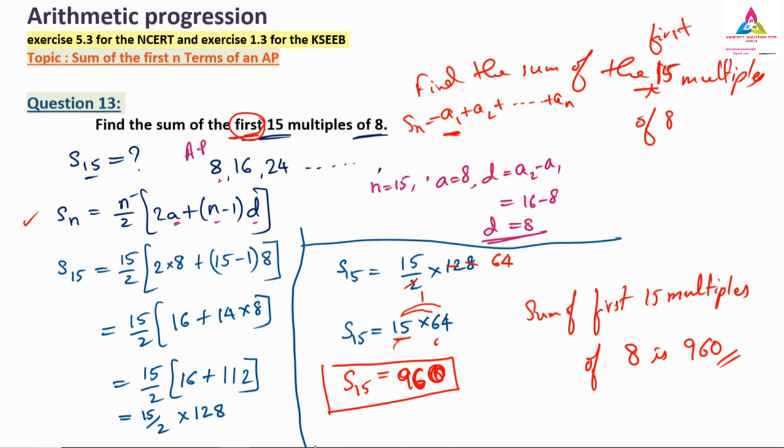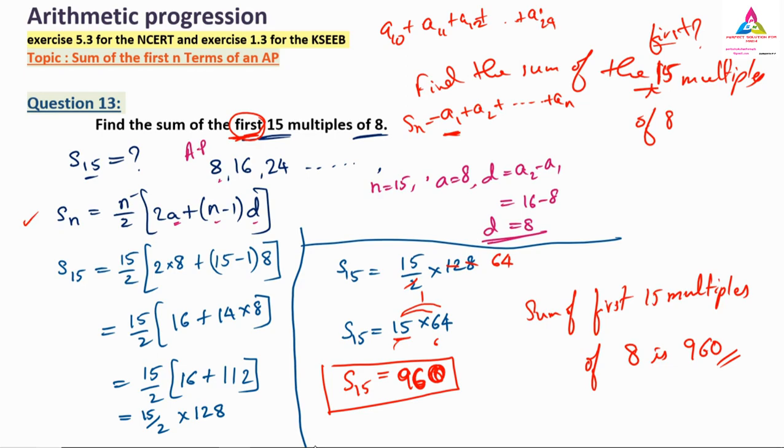If they have not mentioned "first" here, what will happen? It may not start from the first. It may be given from A10, then A11, A12, so we don't know which is the first term. So they may give it like this. For that purpose, no need for any confusion, they are giving "first" here. If they have not given "first", you can take the first term as A10, next A11, A12, A13, and like this you can take 15 terms. It will be till A24. See, if you count A10 to A24, there are 15 terms only.